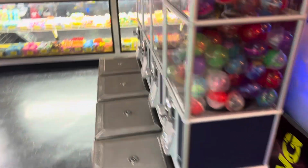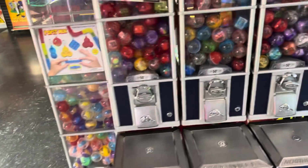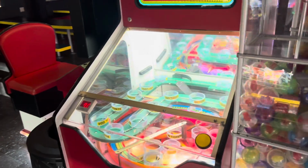That's crazy. And here they have classic capsule machines. So they have some classic stuff, and this doesn't accept cards, obviously. It's just quarters. So again, some classic games, new games. And speaking of a classic game, this is